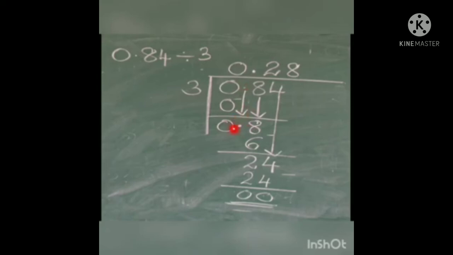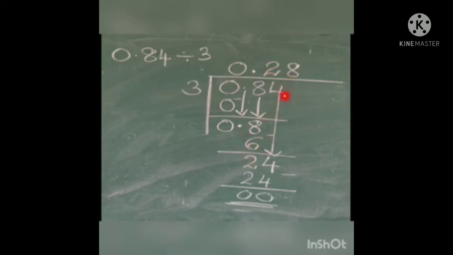Once I get the decimal point, at the same time I put the decimal point in the quotient. Here I got the decimal point, and at the same time I am putting the decimal point over the quotient. Next, writing the next number 8. Now 8 in 3, how many times? There is no 8 in the multiplication table of 3. So the number nearer to 8 is 6. So we get 6 by 3 into 2. So 3 into 2, 6. Now again subtracting, 8 minus 6, 2.